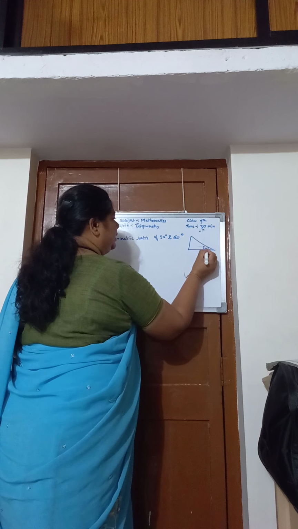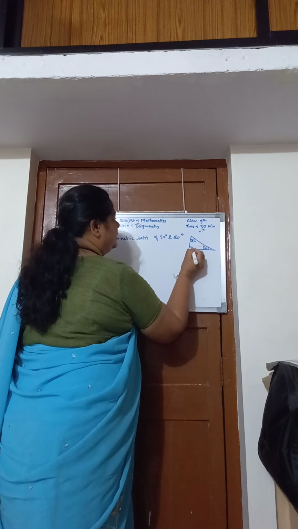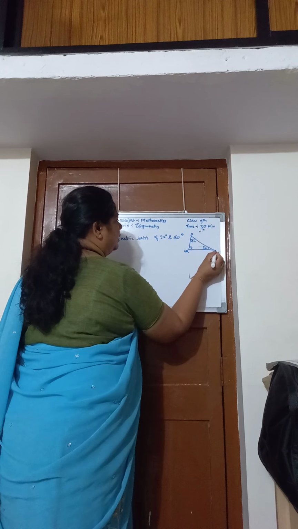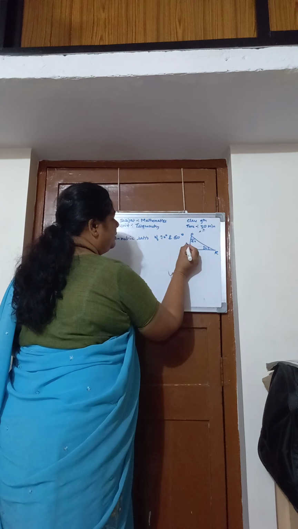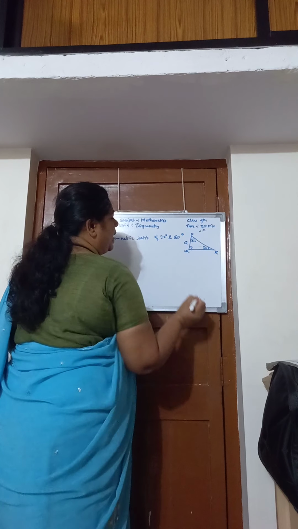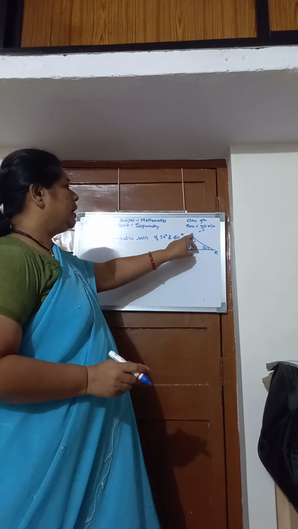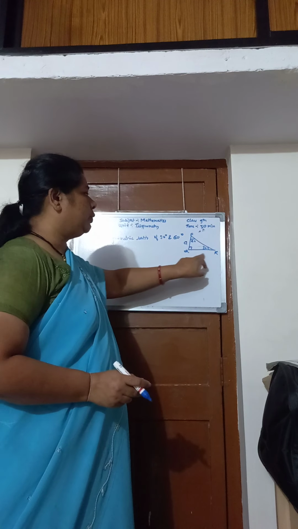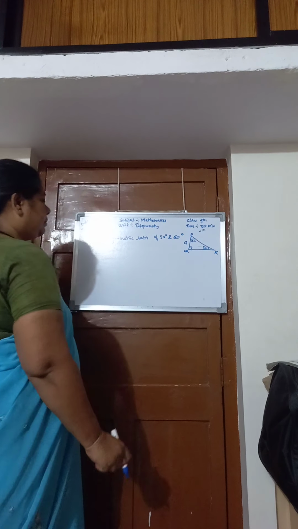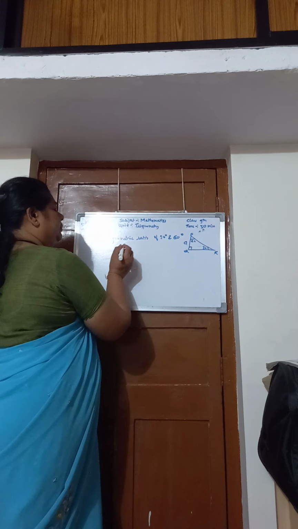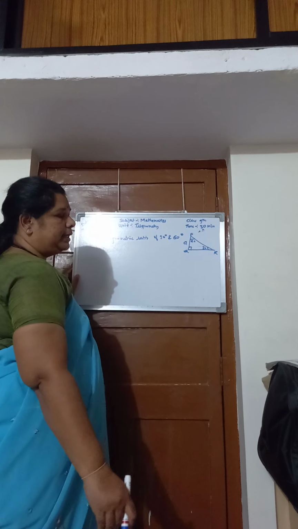This is 30 degree, 60 degree and this is 90 degree, at Q. Considering side PQ equal to A, we have to calculate the sides PR and QR. According to the 30, 60, 90 degree theorem,